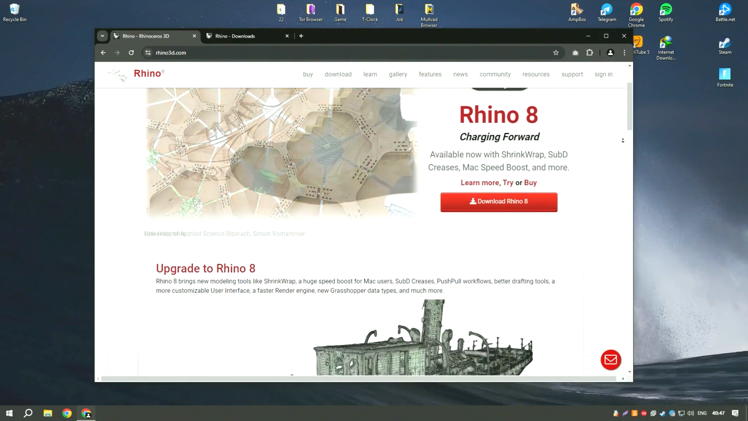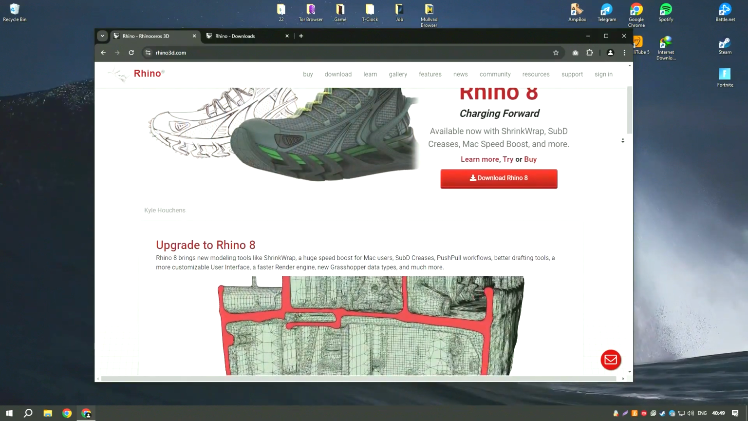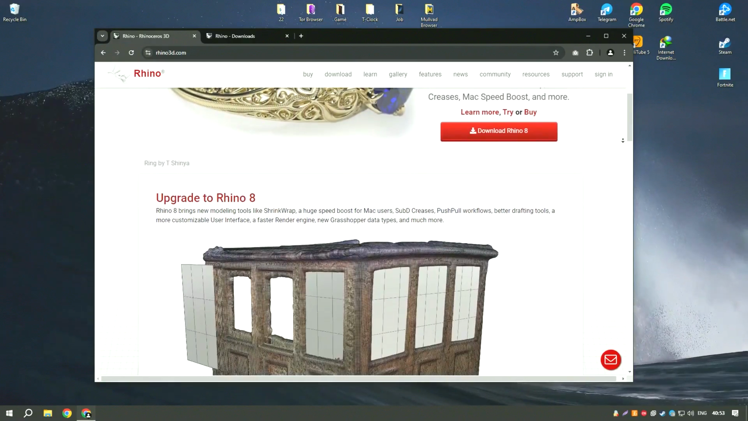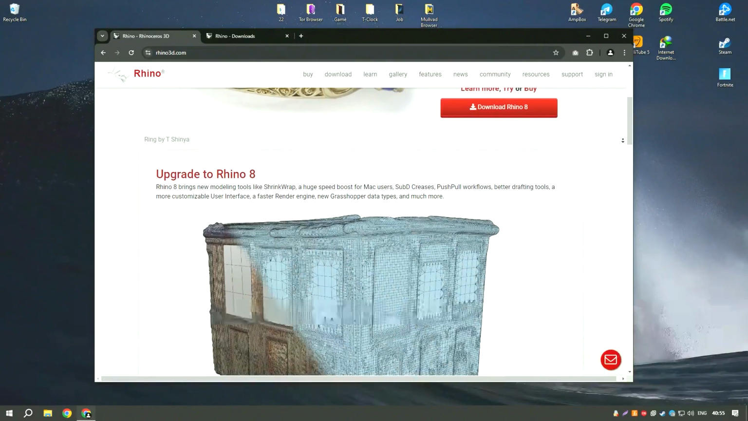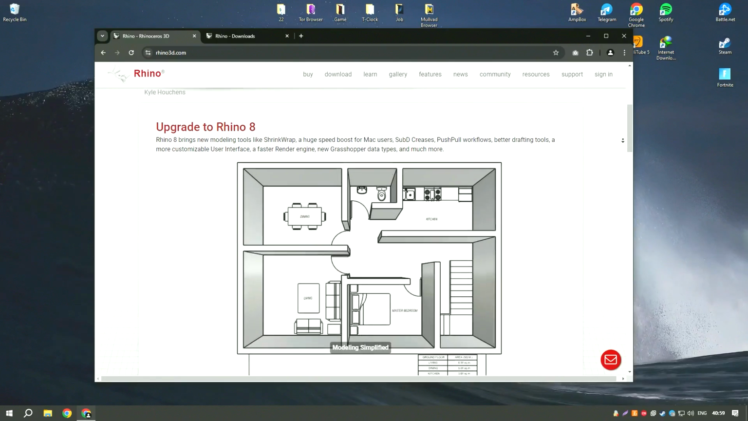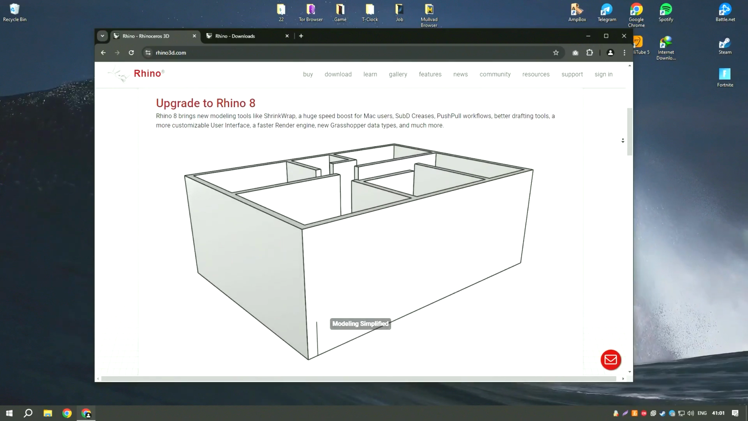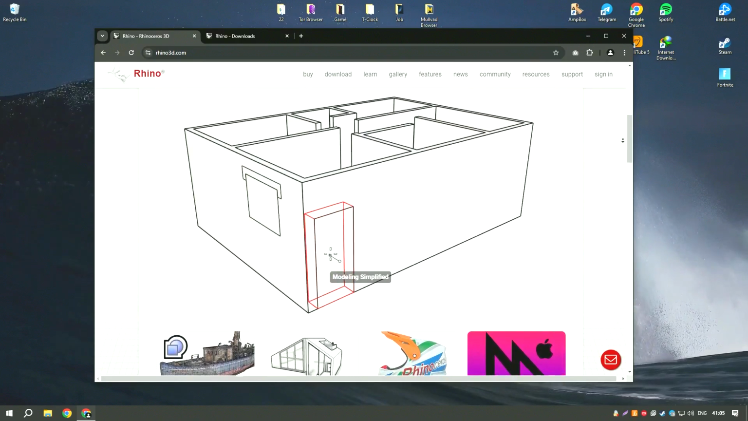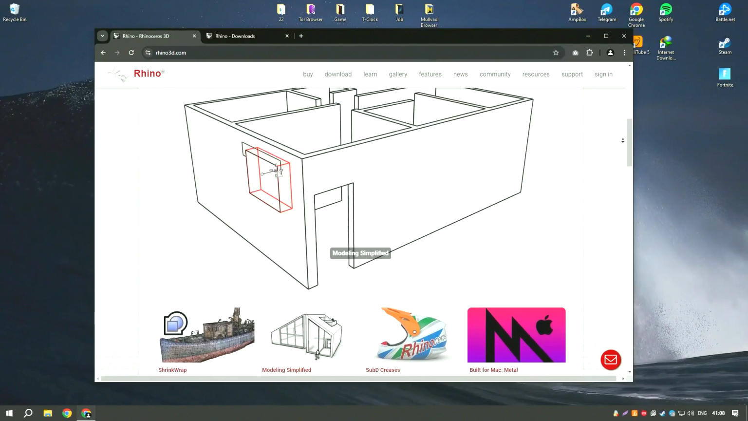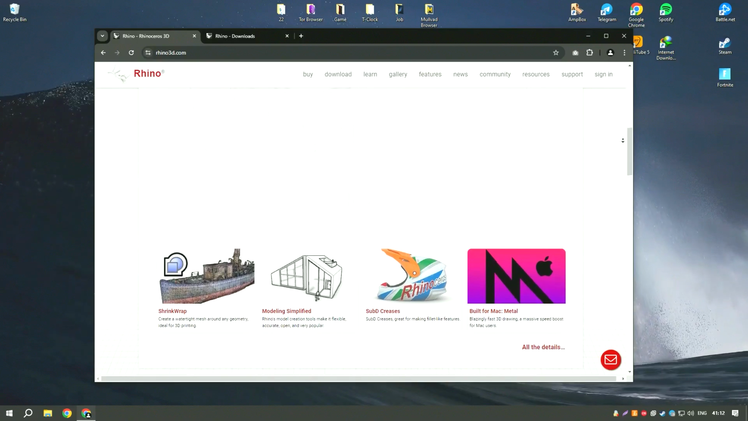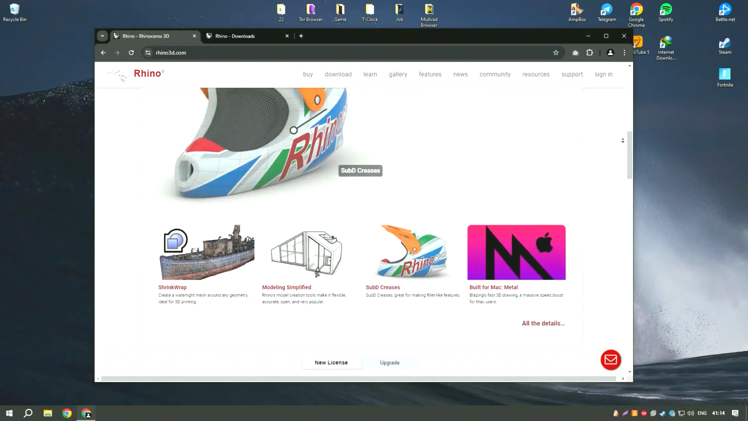Rhinoceros, commonly known as Rhino, is a highly versatile and powerful 3D modeling software that has become a staple in various industries, from architecture and industrial design to jewelry and automotive design. One of Rhino's most notable strengths is its ability to handle complex and detailed freeform surfaces with precision, thanks to its robust NURBS, non-uniform rational B-splines modeling capabilities. This makes it an excellent tool for creating intricate and organic shapes that are difficult to achieve with traditional CAD